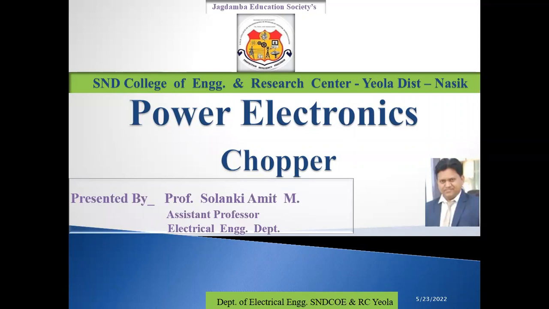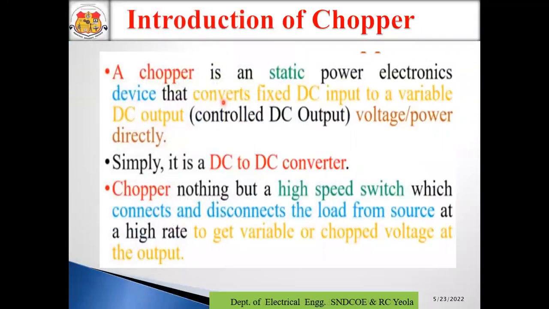Today we will discuss the topic which is named chopper. In that topic we will discuss the definition, the classification, and the introduction of the chopper. So let us first understand the introduction. In that introduction part, we can see what is the definition of the chopper and what is its function. So a chopper is a static power electronic device that converts fixed DC input to a variable DC output